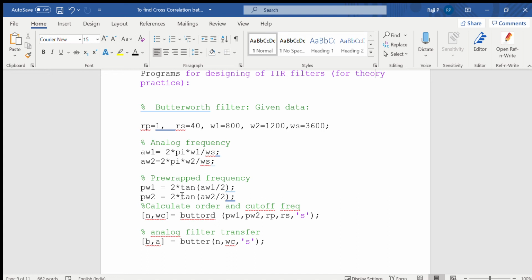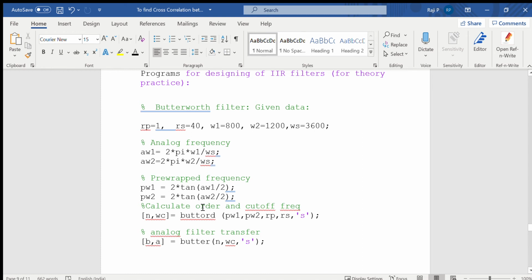Basically here transformation means frequency scaling, where we are trying to scale with respect to another frequency. So an entire range is being transformed to another. Here the mapping is non-linear, that is lower frequencies in the analog domain will be expanded in the digital domain, whereas the higher frequencies will be compressed. This is because of the non-linearity of the tangent function, and this is known as frequency warping. After frequency warping is done, then the transformation has to be applied.